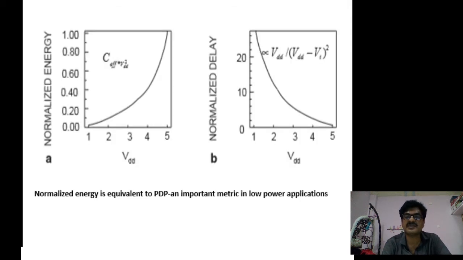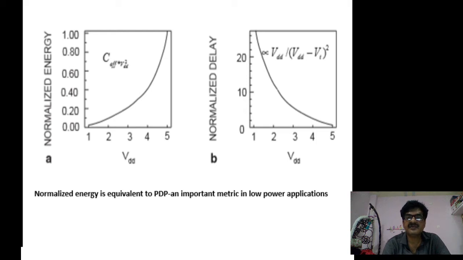That is what the second curve represents. So with the decreasing of VDD, the delay value is increased. But this is not our aim. Our aim is improving the speed while at the same time decreasing the power consumption. But if you work on VDD, what happens? Power consumption is reduced, but at the same time the speed is decreased. So we need to concentrate on improving the speed while reducing the power dissipation.